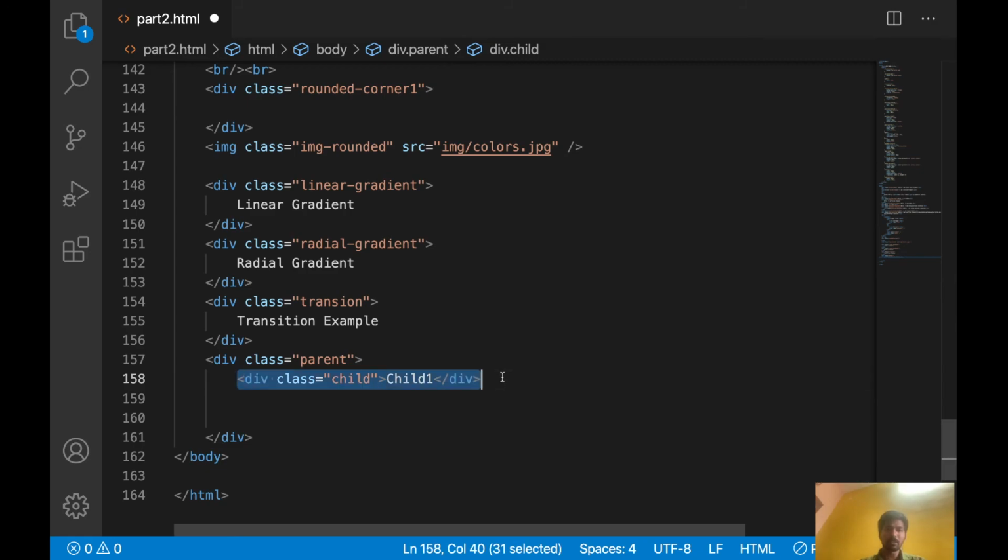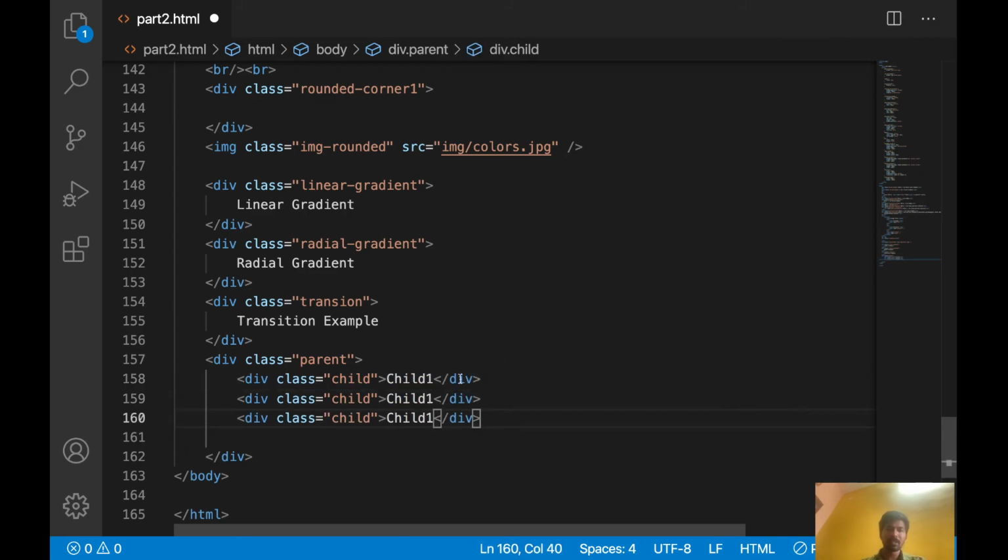Why is this not copying? Okay, yeah. So let's assume we have 3 children in the parent. Okay, now let's see how this flex will work.